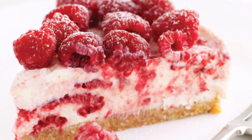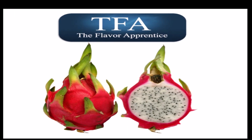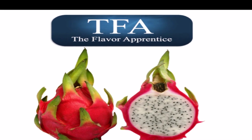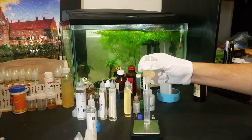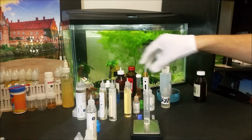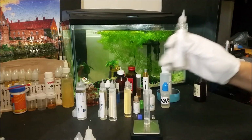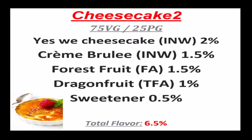So this is the last one and a bonus for this list, TFA DragonFruit. As I just mentioned, this is pretty much an alternative to TFA's Quince, but to use with cream-based e-liquids. Because of its emulsifying properties, it will help fruits or other light viscosity flavors to blend in better with creams or custards. A few years ago, the secret to a nice strawberry cheesecake recipe was always a touch of dragon